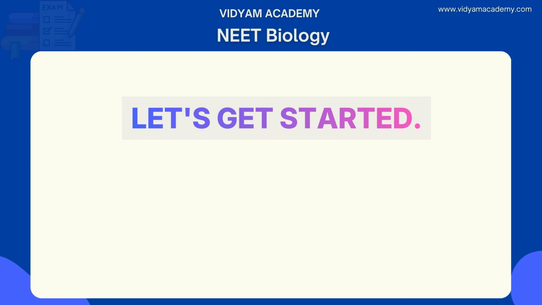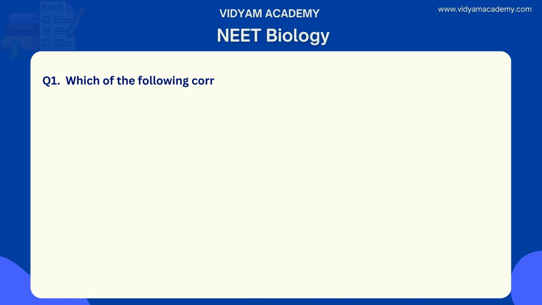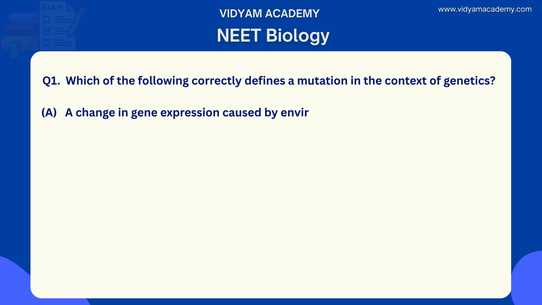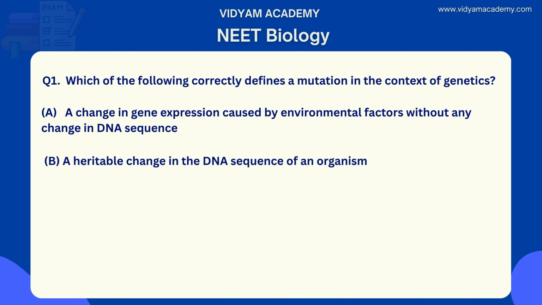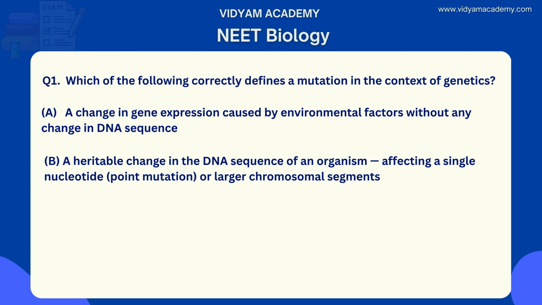Let's get started. The first question is, which of the following correctly defines a mutation in the context of genetics? Option A, change in gene expression caused by environmental factors without any change in DNA sequence. Option B, a heritable change in the DNA sequence of an organism affecting a single nucleotide, point mutation, or larger chromosomal